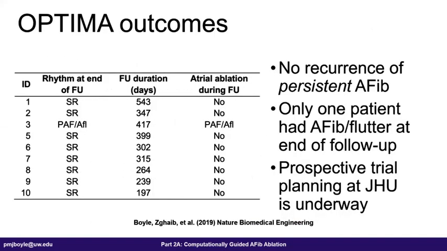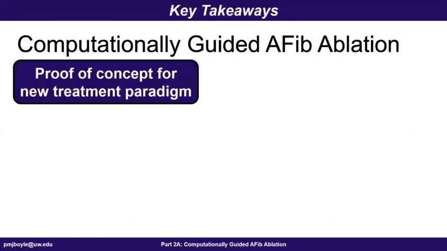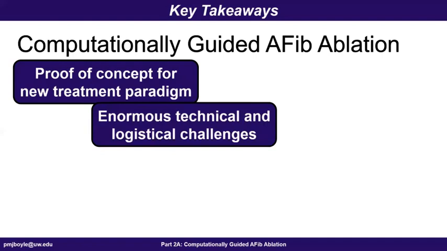So overall, there was no recurrence of persistent AFib. Only one patient had AFib/atrial flutter at the end of the follow-up, but it was paroxysmal AFib that came and went. And right now there's a prospective trial planning underway at Hopkins in order to do this in a randomized manner. So the takeaways here are that we had a proof of concept for a completely new treatment paradigm